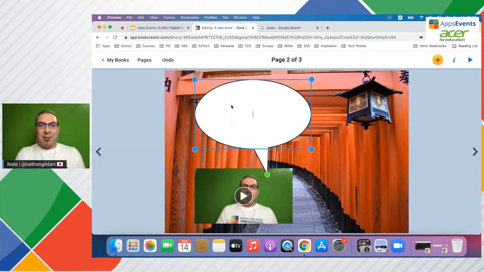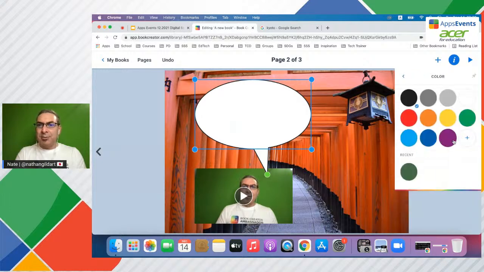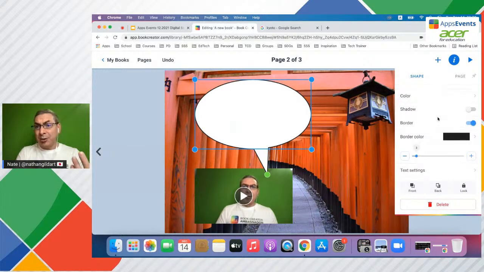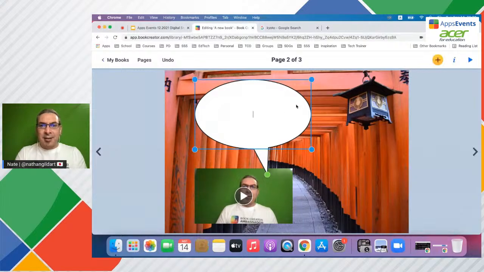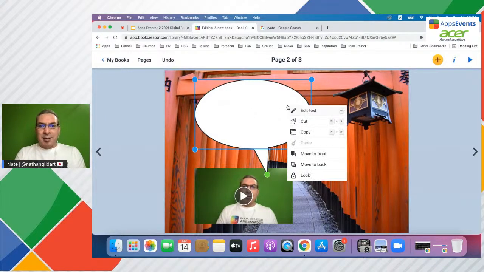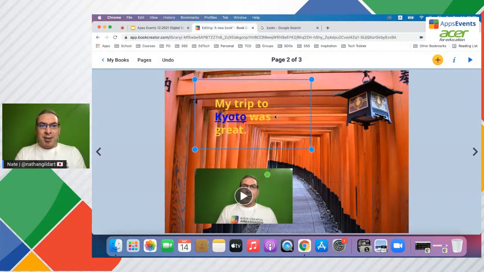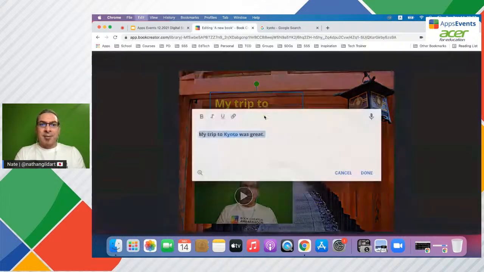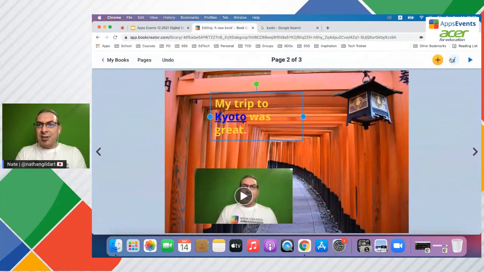Okay, that means I've got to change my colors here. So let me go back to, whoops, not my border color. I can change my border color if I want though, but I want to get in with the text. Let me just move that back for a minute there. Whoops. And I'm going to change that color to white.